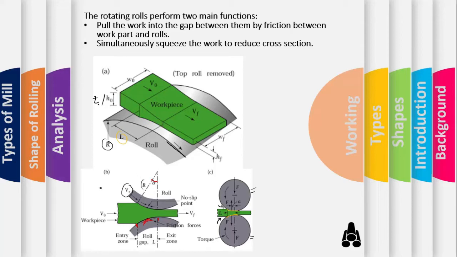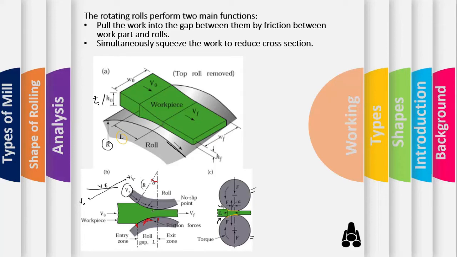So let's suppose we have VR like this, at this point we have VR, and this is our V naught, and our V naught is increasing, and at some point it will be equal to VR, and after passing through the roll it will be greater than VR. So our Vf would be greater than VR,